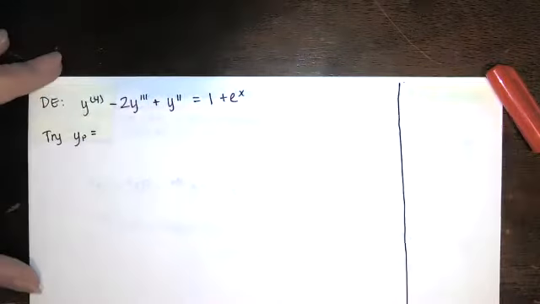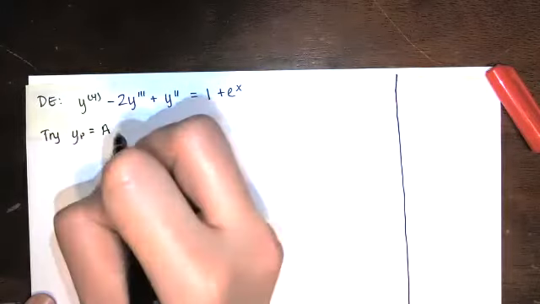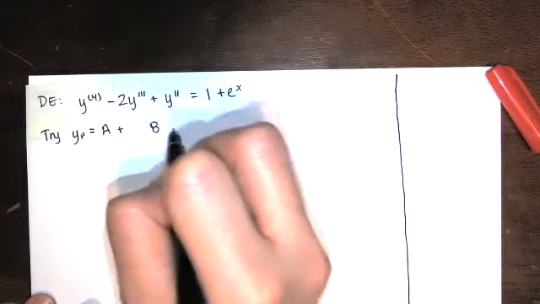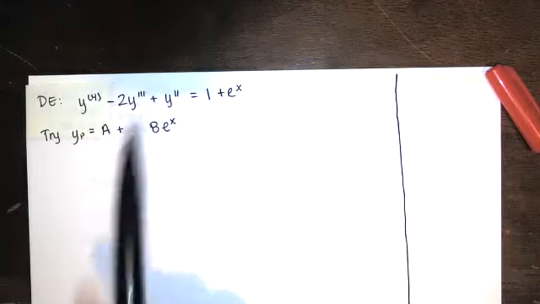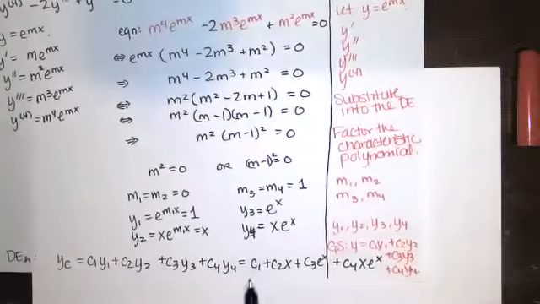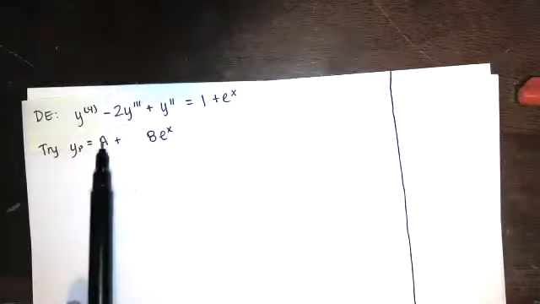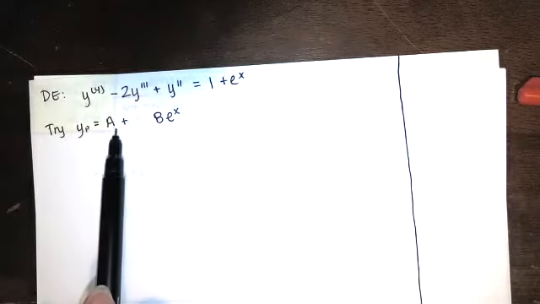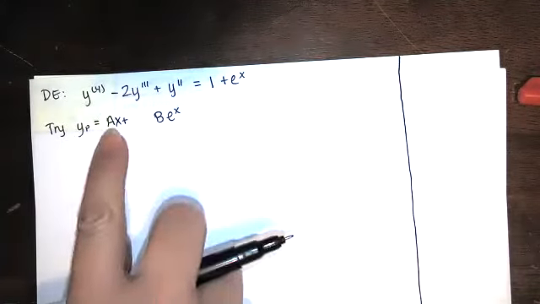And we'll come up with our initial educated guess of a constant for the 1, and then we have a constant times e to the x for the e to the x. But we always have to compare these terms to the terms in the solution over here. Now, a constant is a solution to the homogeneous problem. So that constant a, if I substitute into the differential equation, I'm not going to get 1. If I take the derivative of that 4 times and I plug it in over here, I'm going to get 0, not a 1. So we multiply by x and we say, okay, is that on the list for our